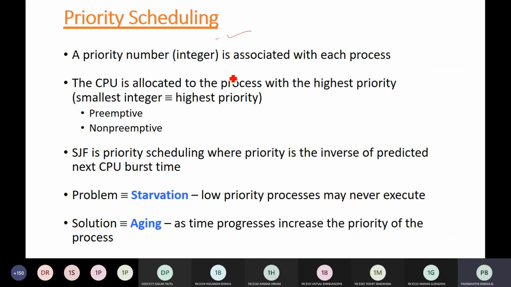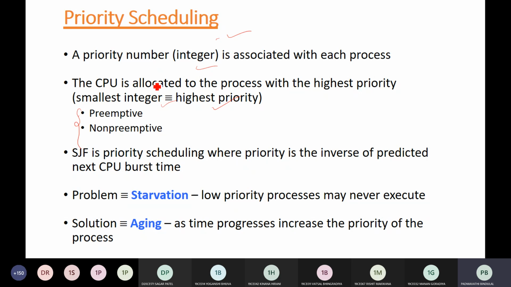Next is priority, the algorithm that we discussed today. A priority integer is attached to each process. The smaller the number, the higher the priority. But always read the question carefully. If there is special mention of high priority or high integer meaning high priority, whatever interpretation is given, just read the question carefully, because in the one we solved in today's lecture, it was specifically mentioned: वहाँ पे mention किया था high number, high priority ऐसा. Now again it can be preemptive and non-preemptive.